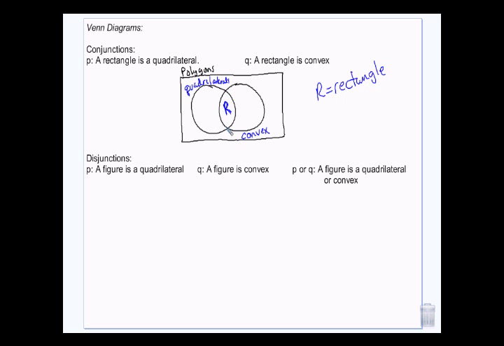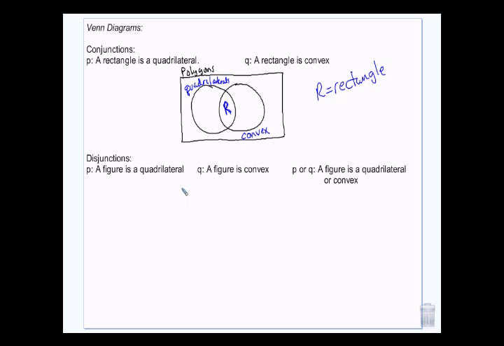And more than just rectangles are going to fit in here, because parallelograms are convex and trapezoids are convex and stuff. But for sure, rectangles are both quadrilaterals and convex. So if they live in the overlap, it's a conjunction. Okay. If you have disjunction,